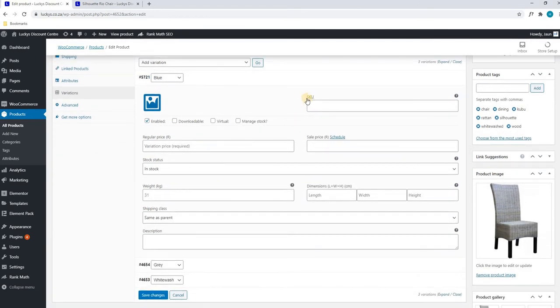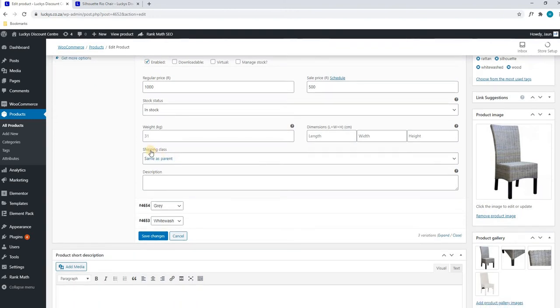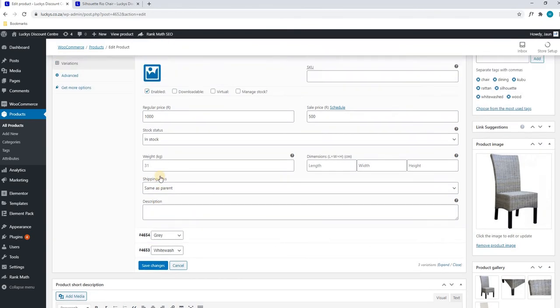Here we are able to enter SKU for this variation, a regular price, which we could add at 1,000 Rand, and we can put it on sale for 500. Moving on, we can change our stock status, and insert our weight and dimensions for this variation. Next, we can change the shipping class, and we are able to add a description that appears when this variation is selected. My apologies. For the time being, I will simply